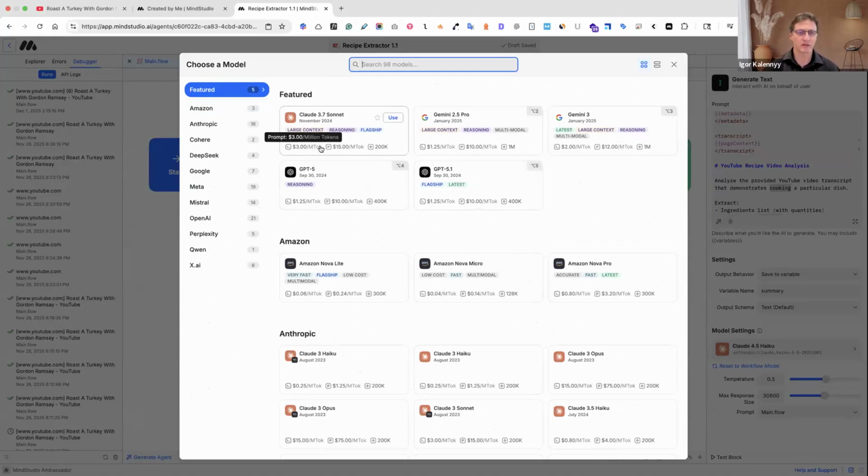But then you can also look at this. What's the cost? The cost says $3 per million tokens. So without going into the details, a token is like half a word or a word, and when you're prompting the model, when you're giving it instructions, this is how much it would cost per million tokens to process your prompt. This is how much it would cost per million tokens to produce a response to you. And this is your context window, meaning how much information per one call this model will crunch through to be able to give you what you want.